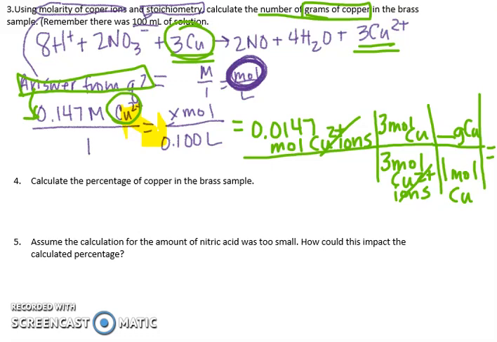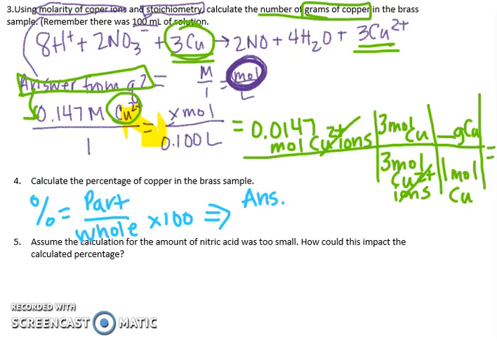All right, question number 4. Pick a different color so it's a little easier to see. Calculate the percentage copper in brass. All right, so the percent of something is always equal to the part over the whole and then times 100. Well, you know very well from your answer to number 3 how many grams of copper you had, right? So you're going to have your answer from number 3. That's going to be your grams of